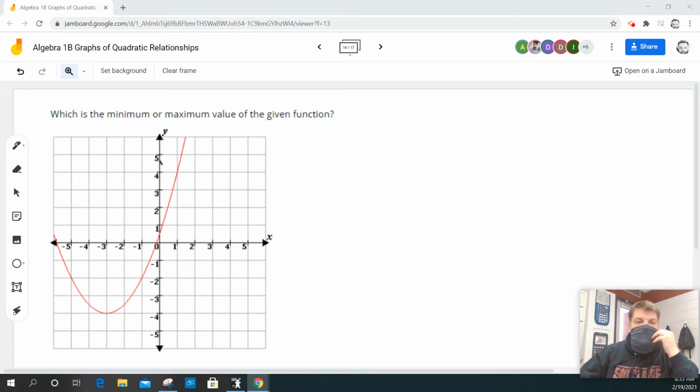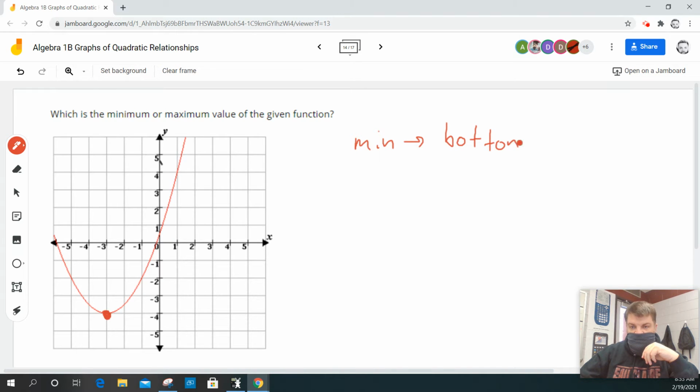So this one says, which is the minimum or maximum value of this function? Now, when they're talking about minimum, this is a minimum because right down here is the very lowest point of the graph. So what we're looking for, remember that a minimum, and I want you to write this down, means that it is the bottom